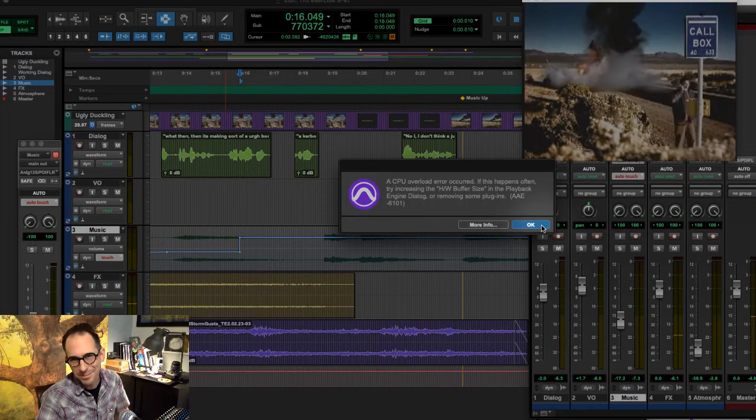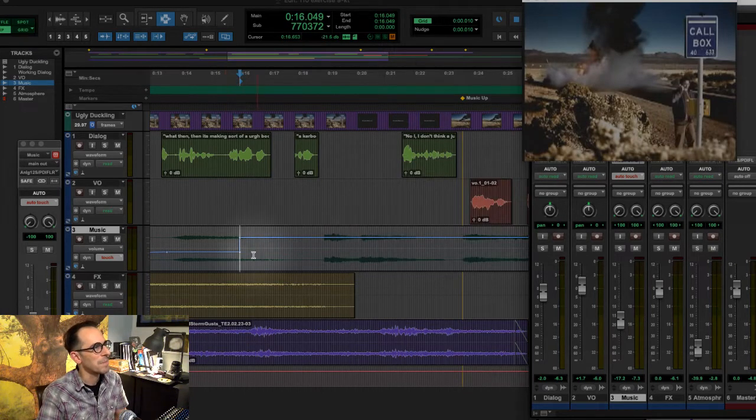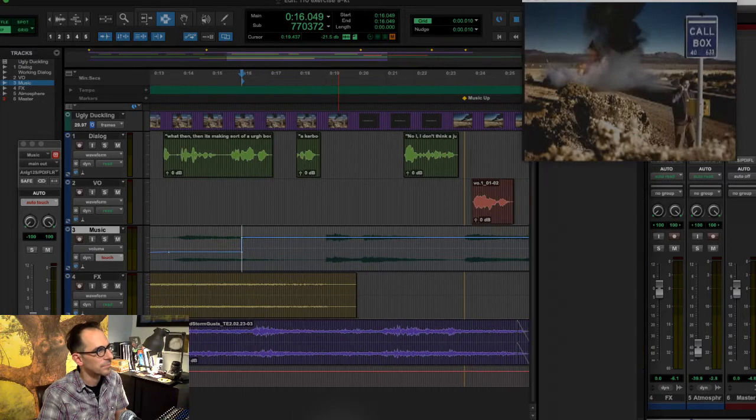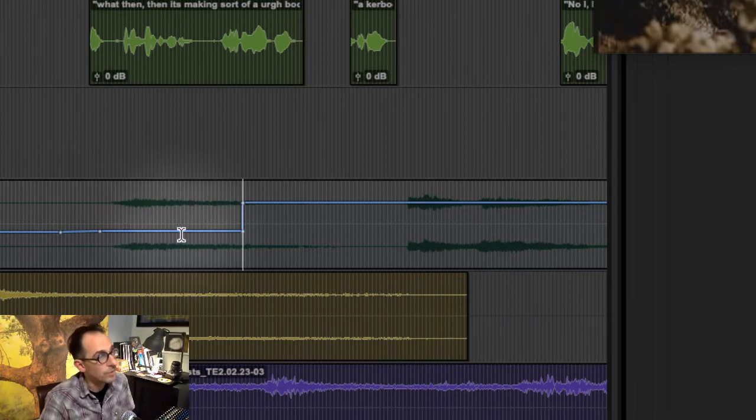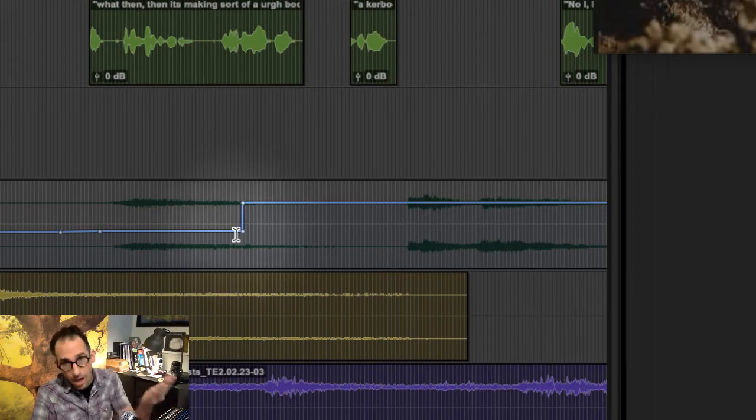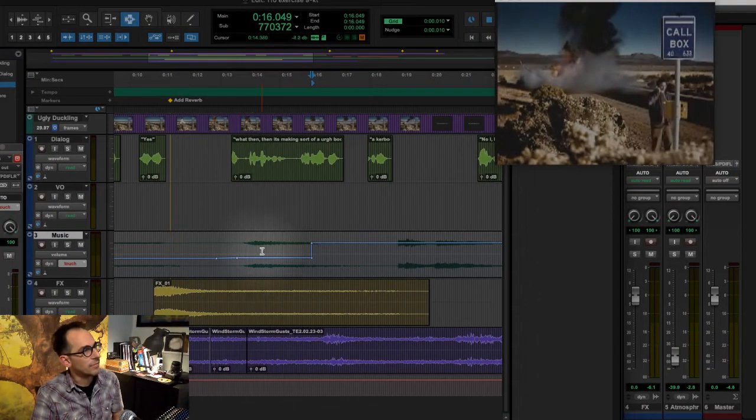And this will happen sometimes if you've got a slow computer like me. But that's okay. Because what's cool is, what touch mode does is, if it stops inadvertently like that, it'll keep what you've done. It'll just reset back to where it was before, wherever you left off. So all I have to do is just go back here. See, watch the fader. I left off